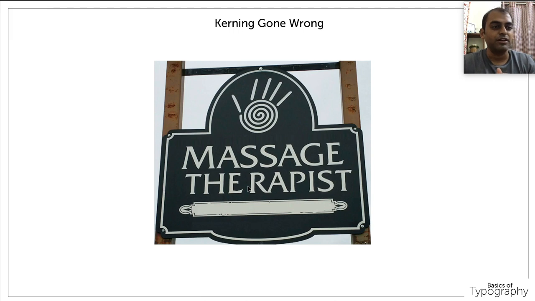I do recommend that a logo designer should do manual kerning, but if you are not comfortable, just leave it. Don't play around with the word and make it project a different meaning, so that the entire meaning or the entire context of the brand itself gets changed. This is a perfect example of kerning gone wrong. Never, ever make this mistake in your entire design career.